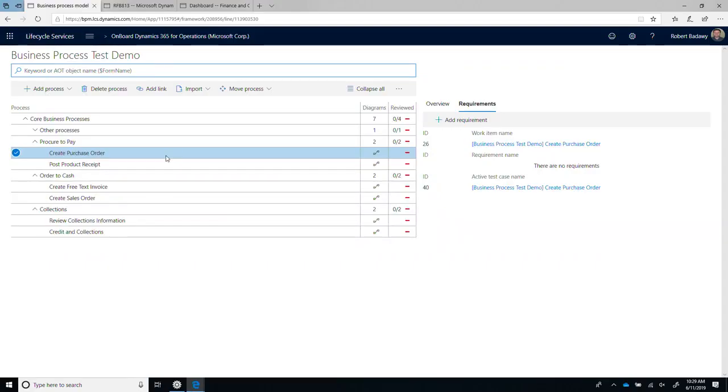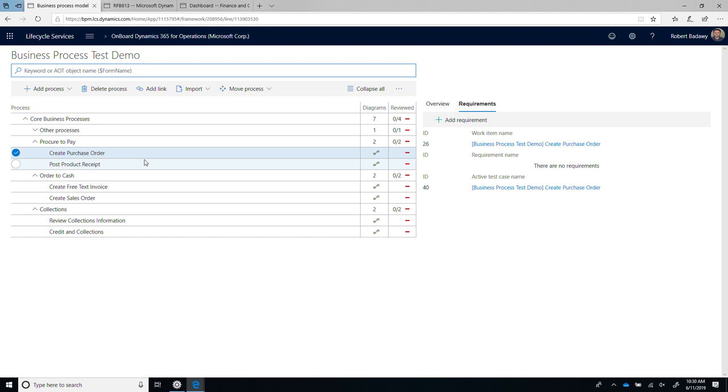So what I have right now is LCS, the BPM tool in LCS, and I have used the BPM tool to create a test library. I've divided it in a hierarchy of business processes, and I have recorded using the finance and operation task recorder several recordings, me as a functional user, I'm not a developer, and attached them here to my BPM library. So I'm not going to go through a demo of Task Recorder for the sake of time here, but